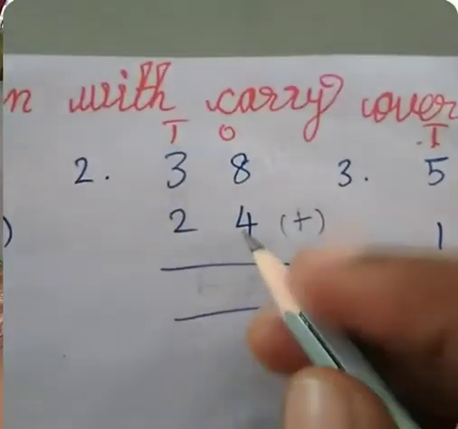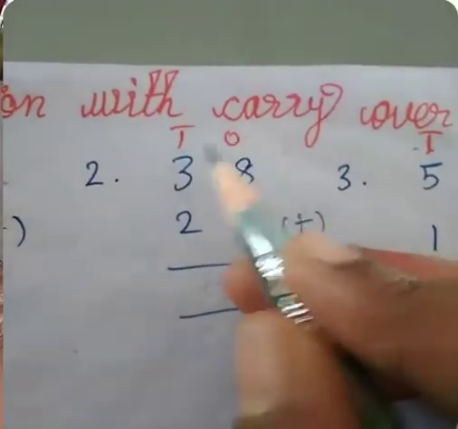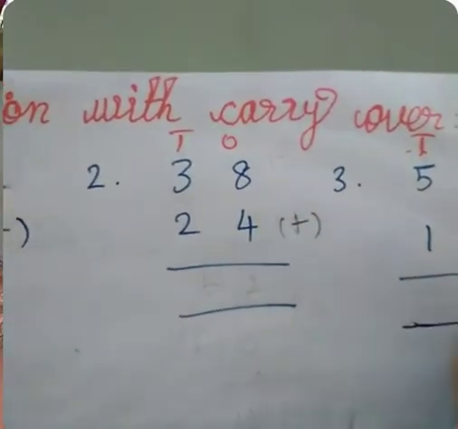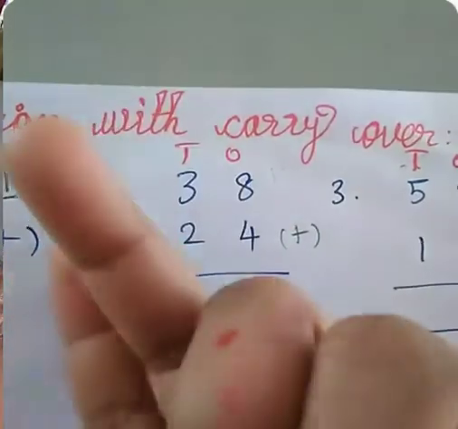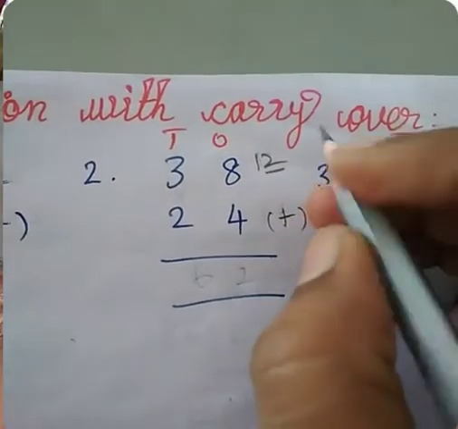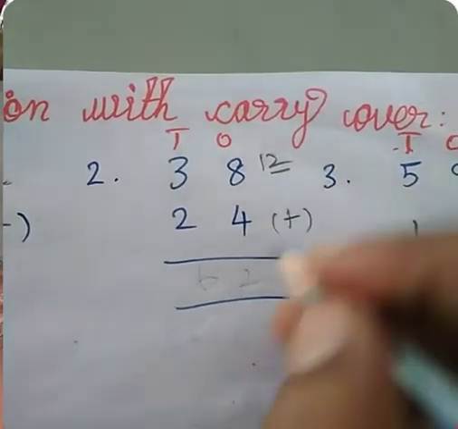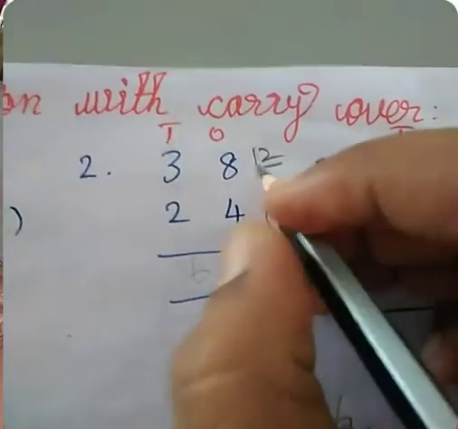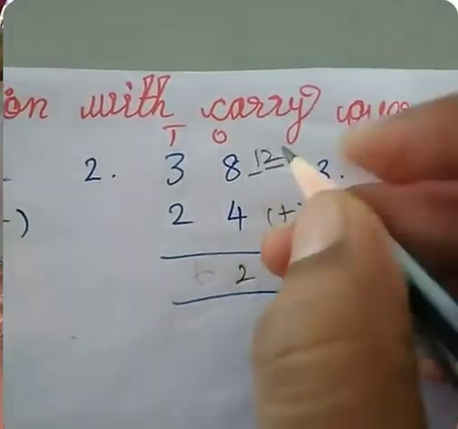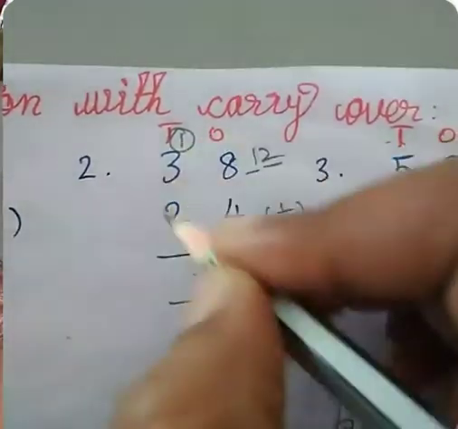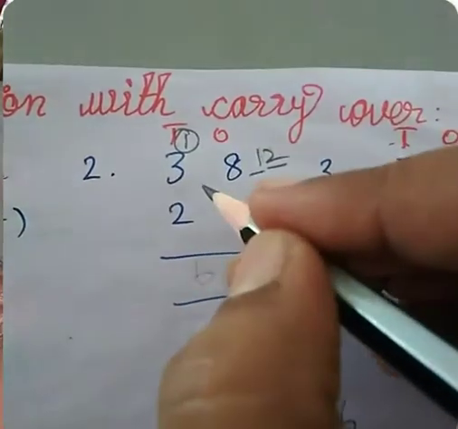See the second sum. First put the column, ones column and tens column. First add the ones column. 8 in the mind, 4 in the finger, 8 after 9, 10, 11, 12. The answer is 2 digit. First put the 1 digit ones place value in the answer place of the ones column, 2, and the tens place value in the upper side of the tens column and round it. Then add these three numbers together.